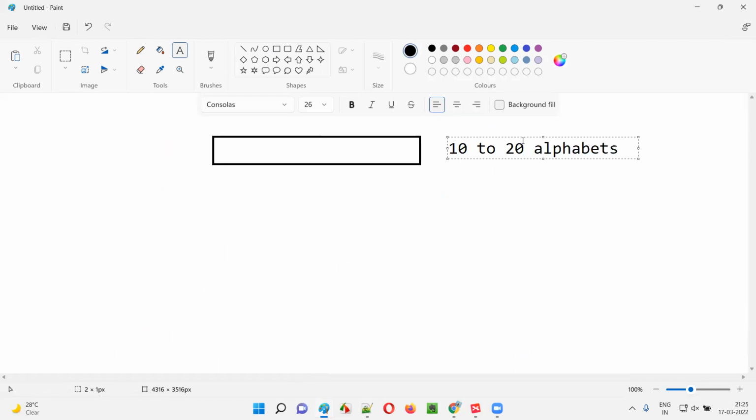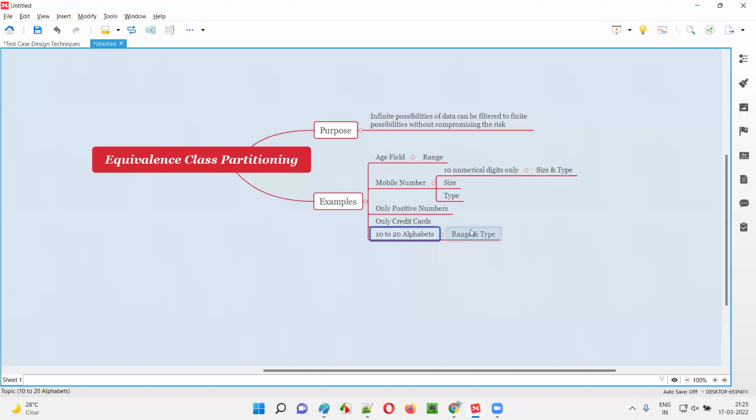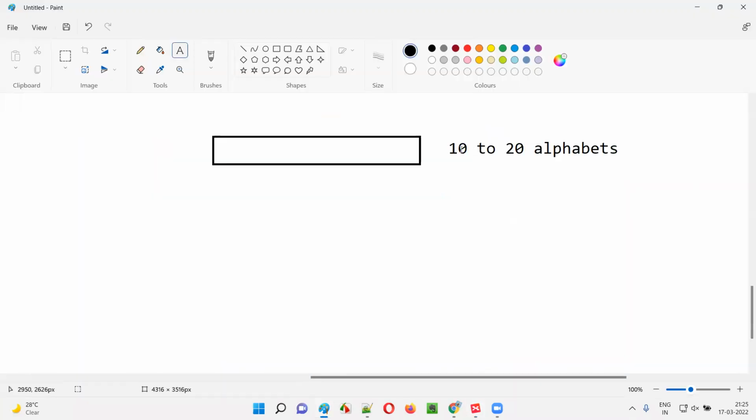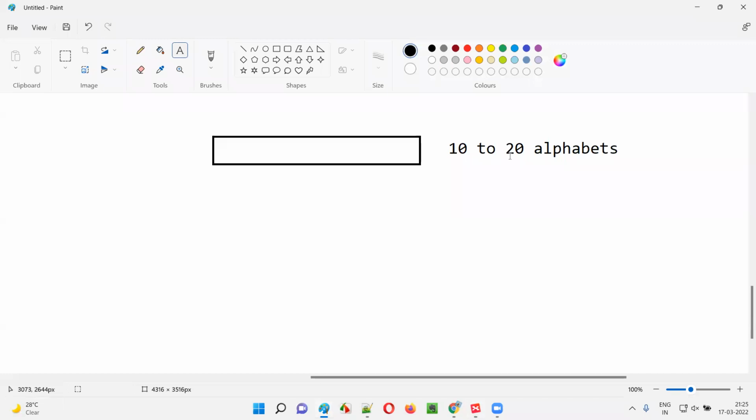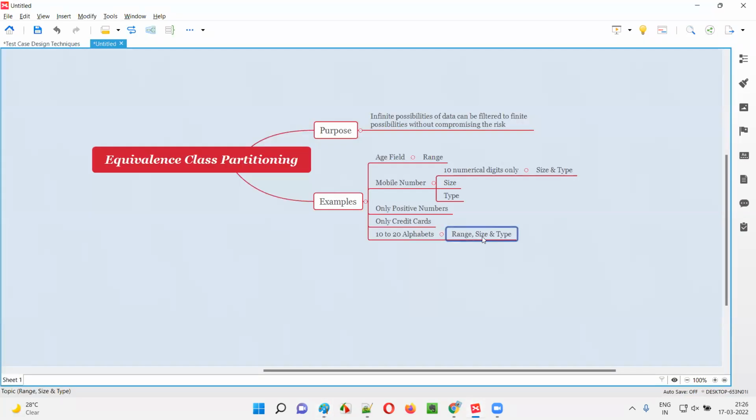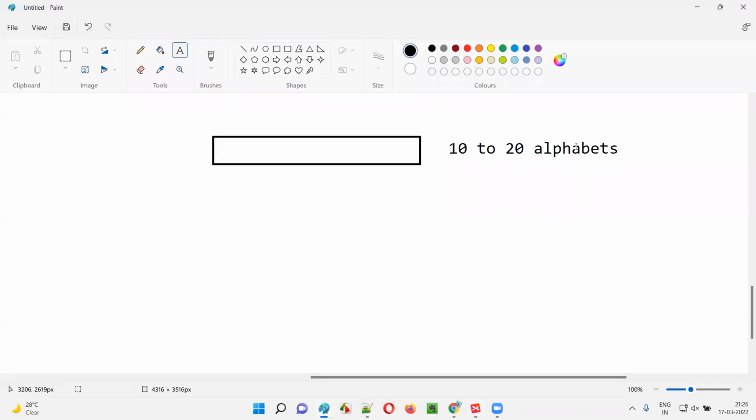So here size is there, right? One of the items is range. Sorry, 10 to 20 means it's not size, guys. It's the range. You can say it is a range, size, and type combination. This is a combination of three things. Here 10 is the size, allowed size is 10, allowed size is 11, but that size is in the range. It's a kind of complex situation where size is actually specified in a range, and the type is also specified as